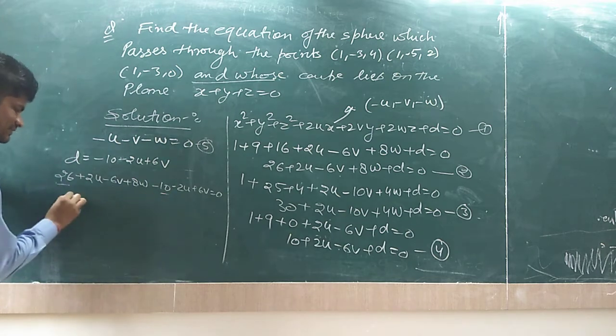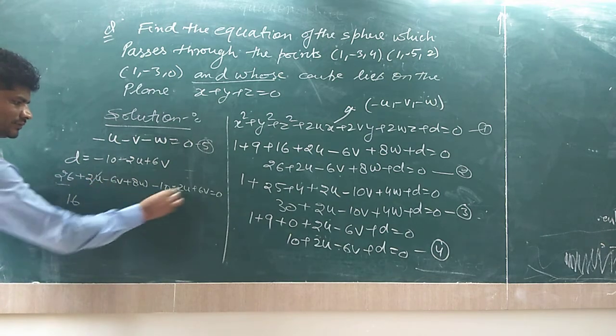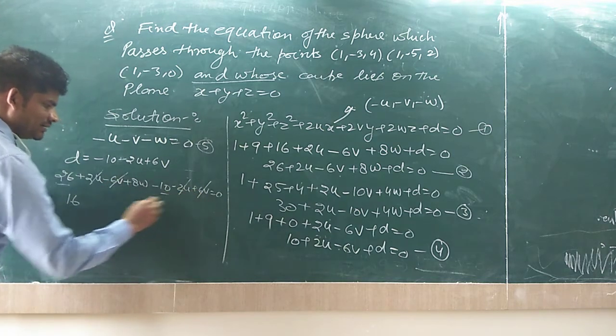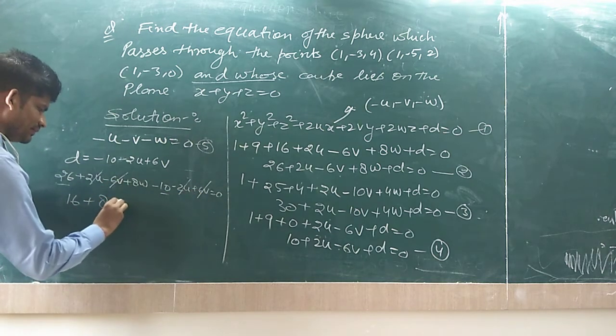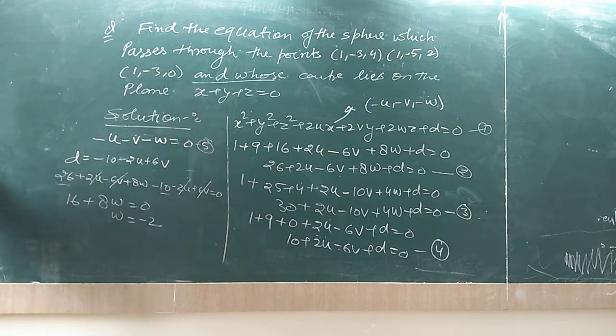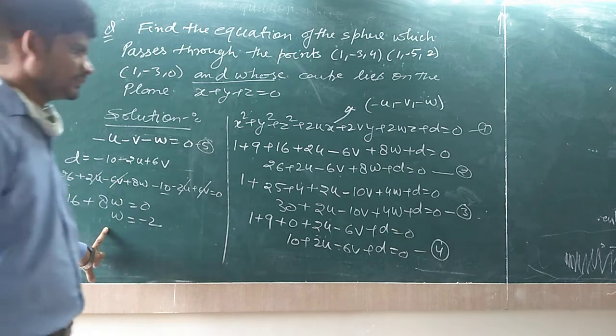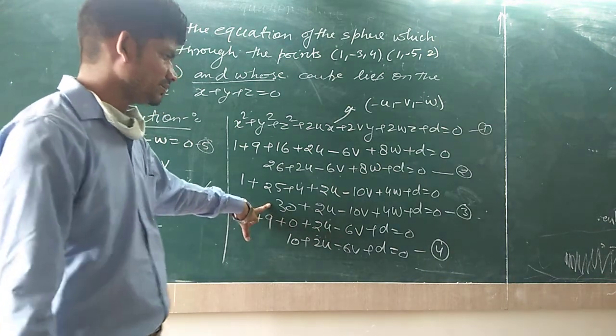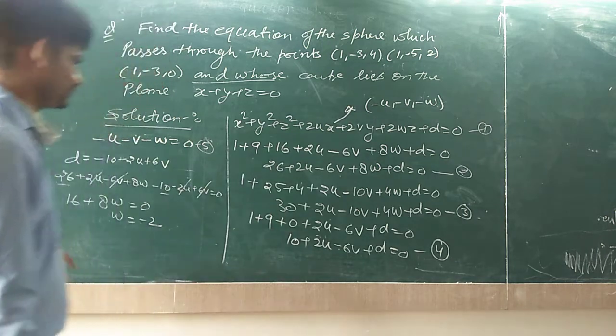26 minus 10 is 16. 2u and 2u cancel out. 6v and 6v cancel out, and plus 8w equal to 0, and w equal to minus 2. The value of w is minus 2, and putting the value of w in equation number three, we get